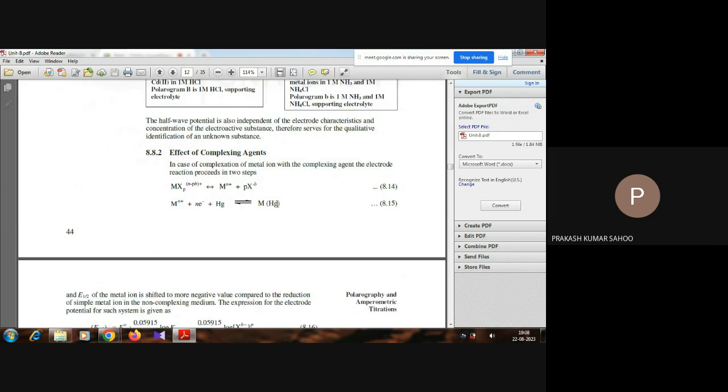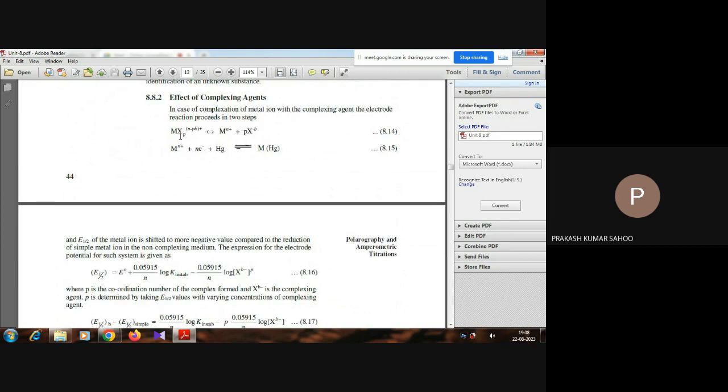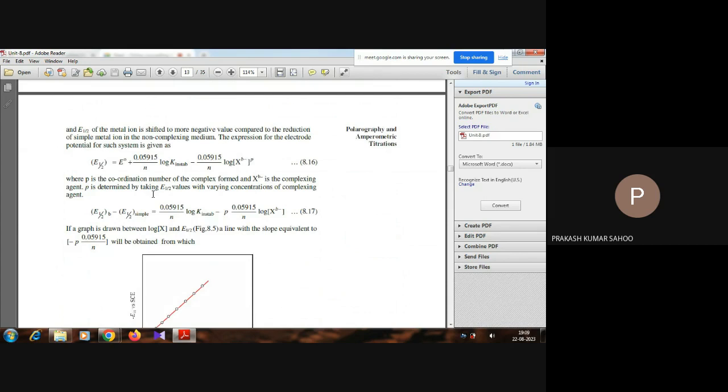So, effect of complex agents. I already highlighted that this is the complexity part, and this is MHP, charge, and these are the dissociation of metal ion, which gets amalgamated with mercury, and we have a reaction. This is the equation. We have E equal to E0 plus 0.0591 by n log K instability minus 0.0591 by n log X b, and just we have some